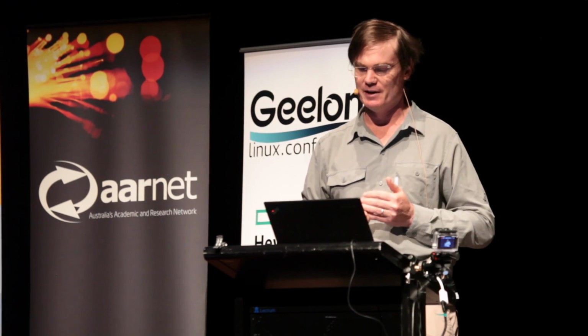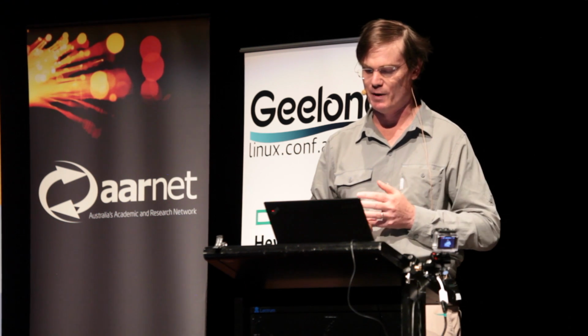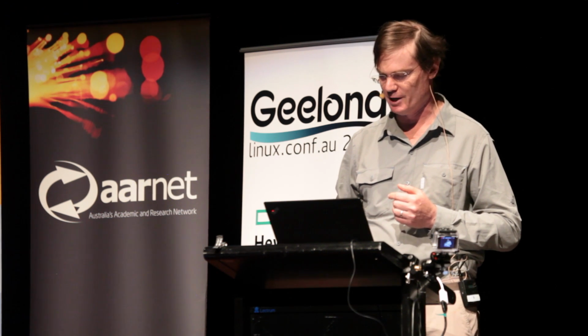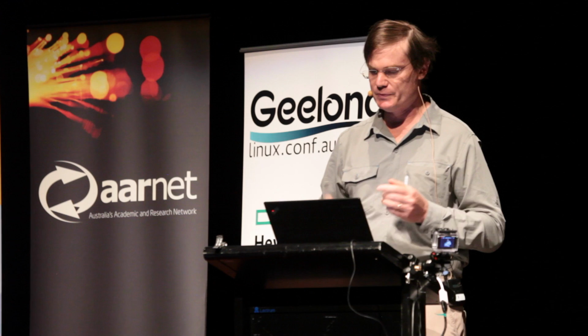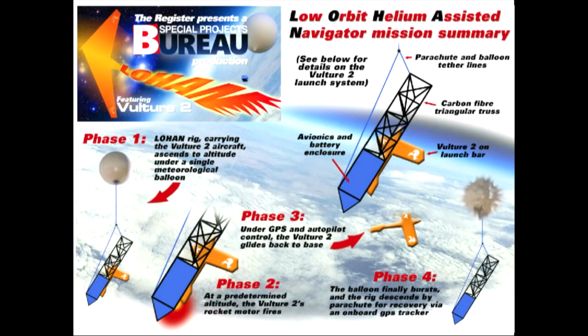It's hard enough making a good aircraft out of normal materials, but to actually make one that can handle Mach 2 with 3D printing is really quite a challenge. So this is the basic idea of the mission here. And so this is their pictograph of it. So in phase one, you have a weather balloon that takes that plane on this great big metal scaffolding up to a height of 20 kilometres, right? And the idea is the balloon will burst just above 20 kilometres. So it takes it all up.